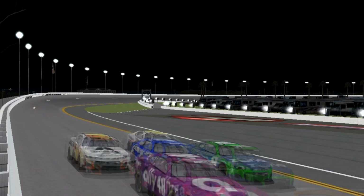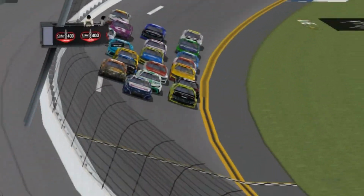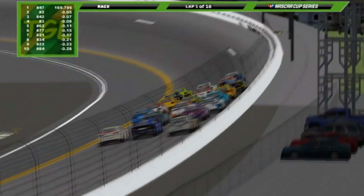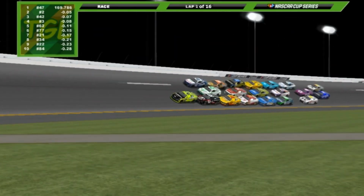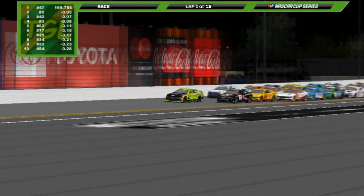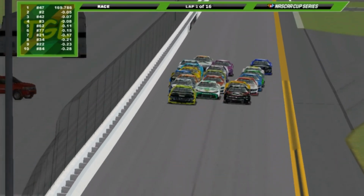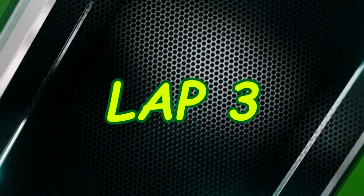Off of turn number 4, an aggressive first lap by Ricky Stenhouse Jr. He's going to go from 3rd to the lead. He's going to lead lap 1, but on his inside, it's Austin Cindric getting a big push from Anthony Alfredo. Look at this, 3 wide, about 6 or 7 rows deep. Only 16 laps in this race, not a lot of time, and we're already seeing that aggression level get very high very quickly. Down the back stretch, Cindric on the outside, Alfredo with a push from the gutter on the bottom. The inside lane really...